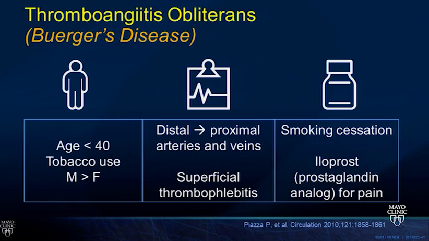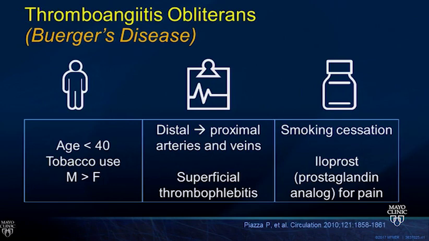So Buerger's disease: typically young individuals, most of the time men with a history of tobacco use, and it tends to involve the distal vessels much more so than the proximal. Interestingly enough, it can affect the arteries or the veins. People can even present with a superficial thrombophlebitis as well as claudication symptoms. And certainly the treatment is going to be smoking cessation, and then iloprost, one of the prostaglandin analogs, can be